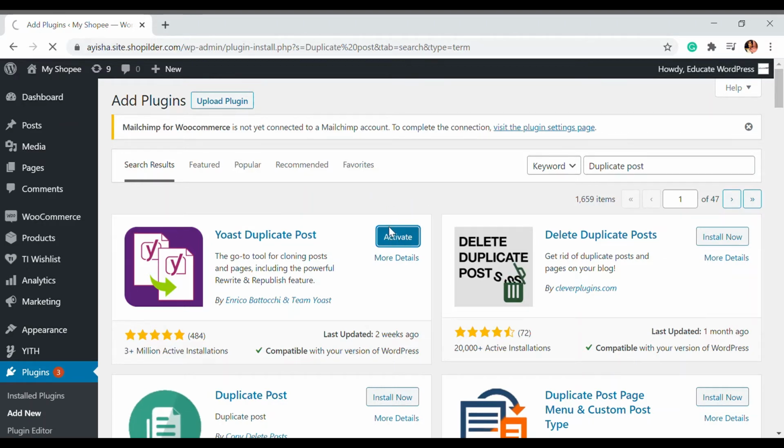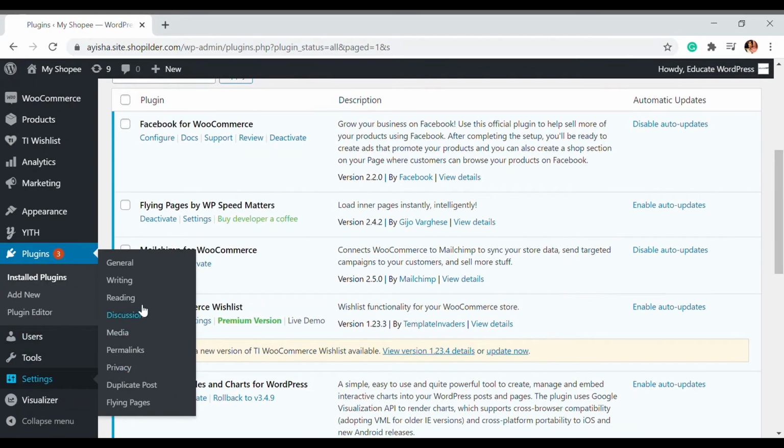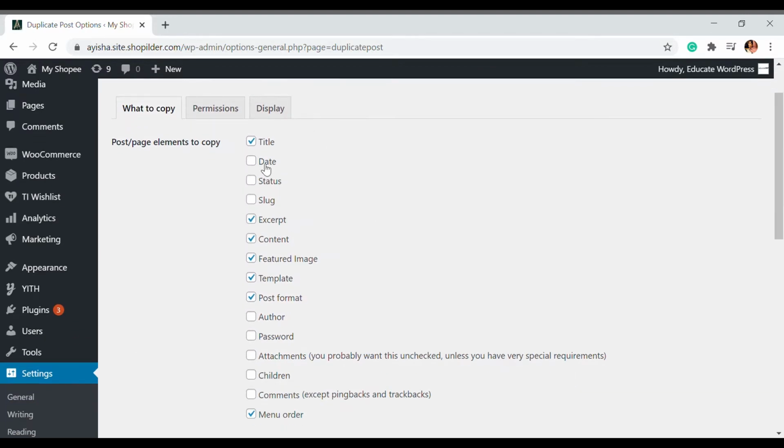You can just activate this, and once activated, you can go to the settings. You can go over here in the settings, and you can see the duplicate post option is here. So I'm going to click that, and here you can see the option what to copy, and there are various types of elements that you can copy during the clone.